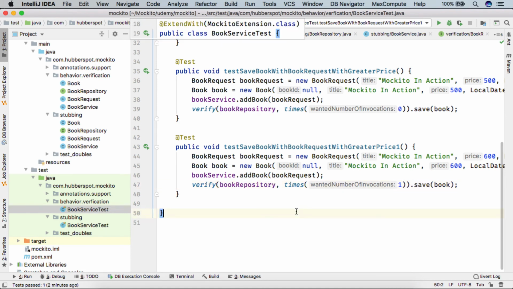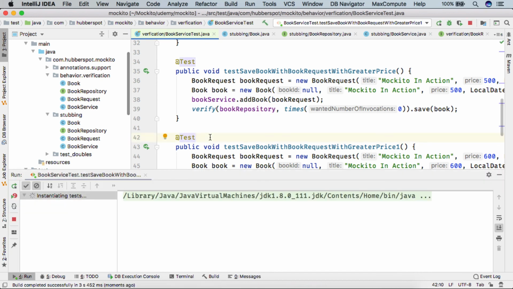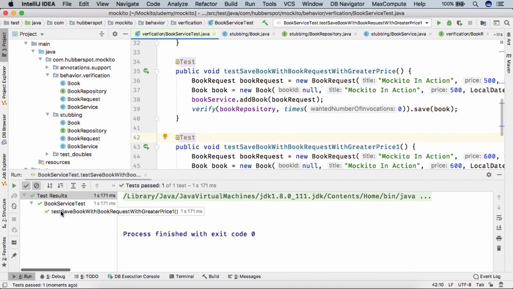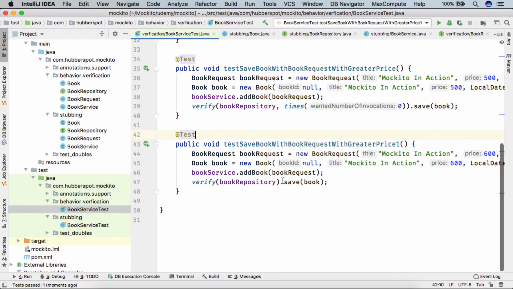If you want to verify that a particular method was called only once, we can skip this times, and even if we do this, it does the job of this. So we simply remove this and run our test. The test case got executed successfully. So by default, it verifies that save was called once.